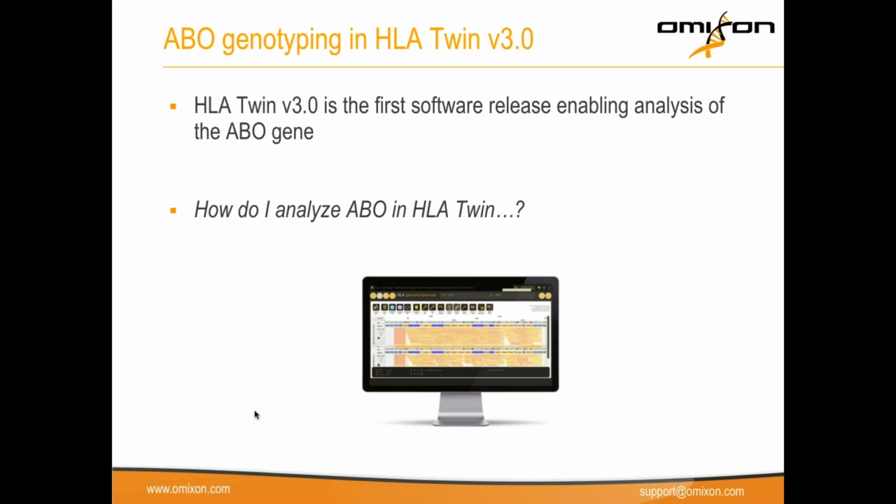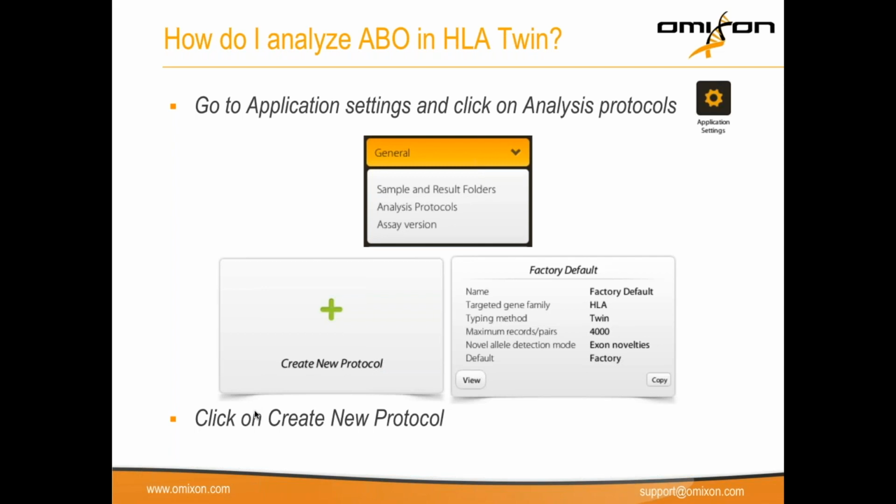So how do I analyze ABO in HLA Twin? With this HLA Twin release, you'll be able to analyze both HLA and ABO genes using the same piece of software. You have two options, actually. You can either click on the Advanced Genotyping button on the home screen and select the ABO gene under the targeted genes setting, or you can create your customized protocol for ABO gene analysis and make it more